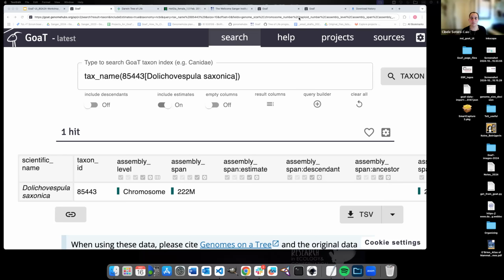I remember the term, but I don't remember where it goes. So if you put dtype equals TSV, then you retrieve a table directly. So no need to use scripts to transform the data from JSON to whatever.